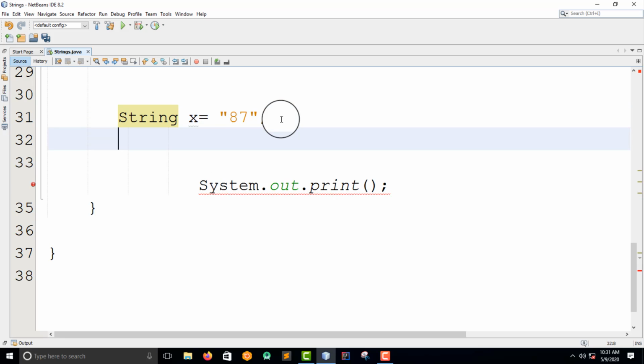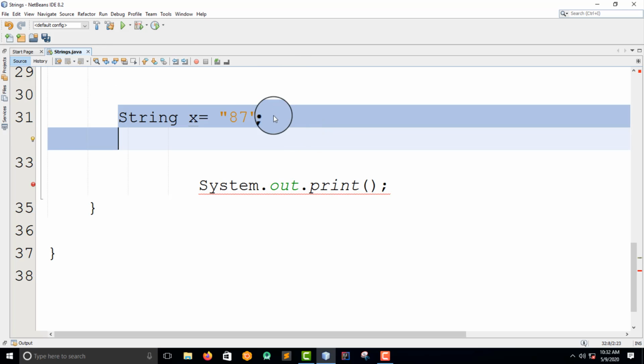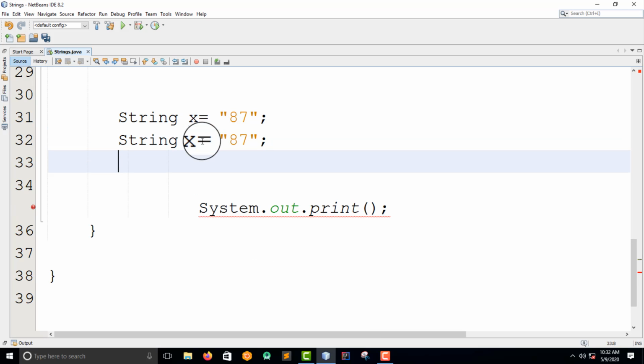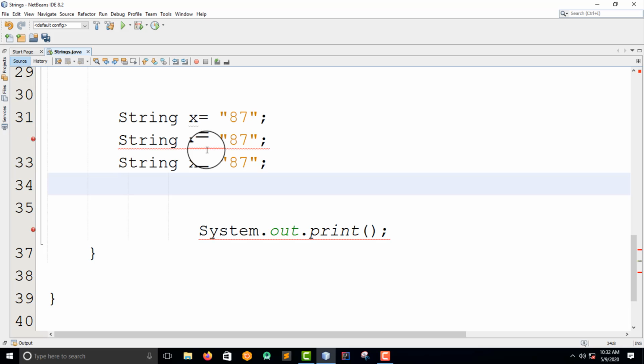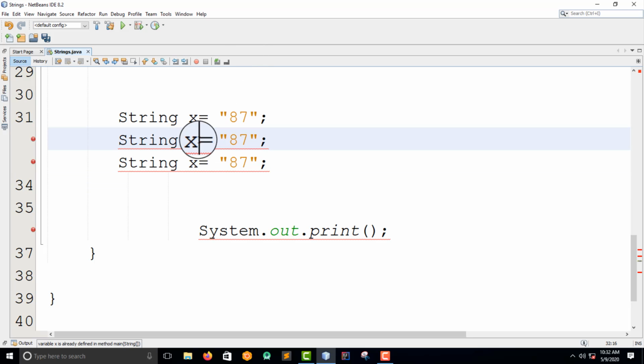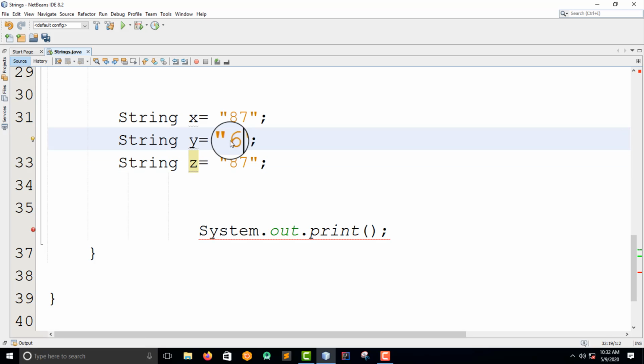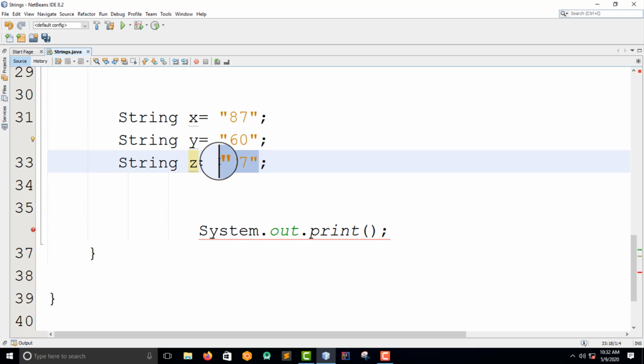Copy this, and copy. Then I want to do something new. So this is x, then this y, then this z. Right? Inside here, I'm going to change this to 60. And this one, I'm going to move this, and then I put like x plus